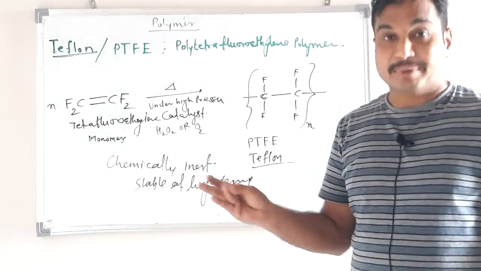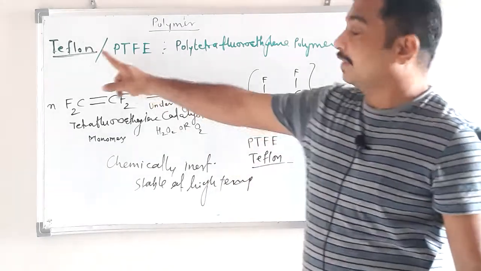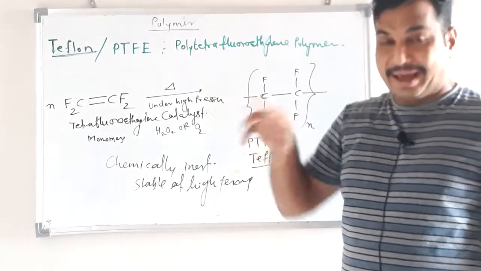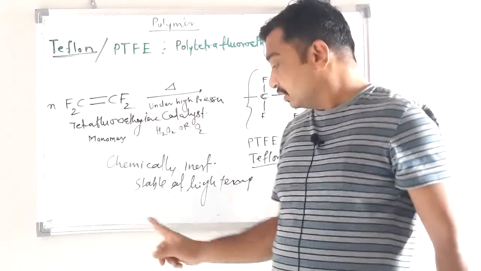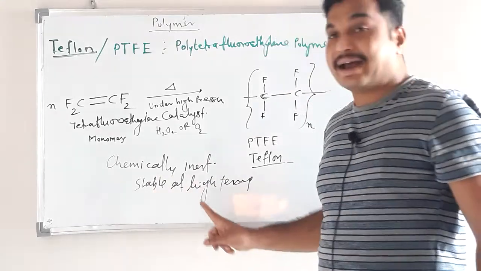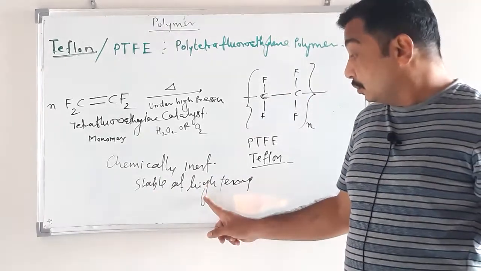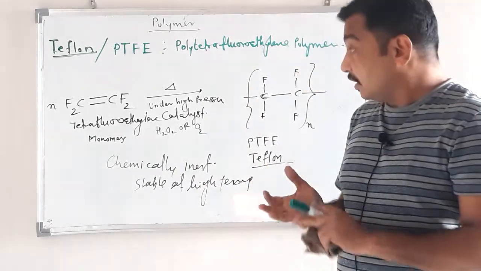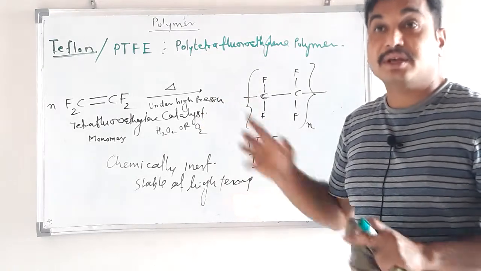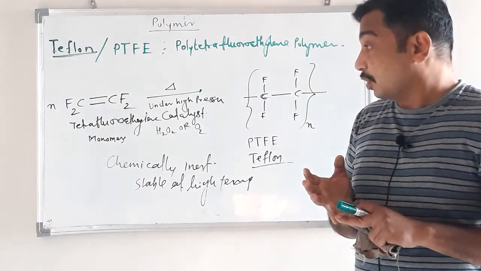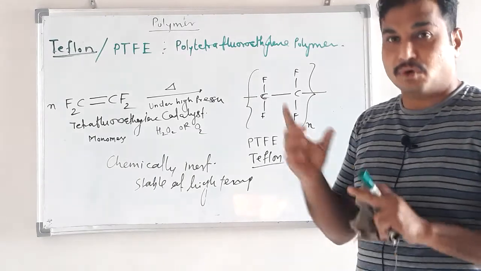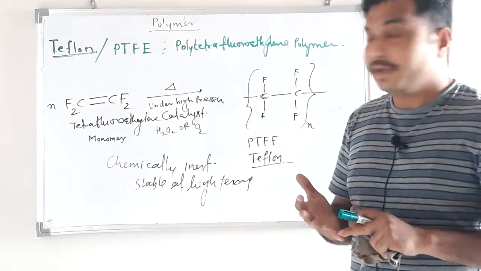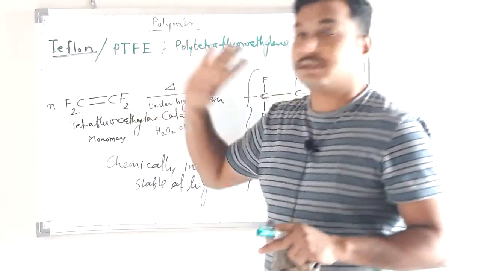Frying pans, cooking pans, all these pans are coated with Teflon. The black portion deposited on that pan is Teflon, because it is chemically inert, stable at high temperature, and will not react with many chemical reagents. That's why it is used. Again, for coating purposes. Then for production of wall, seat cover and many other applications of Teflon.